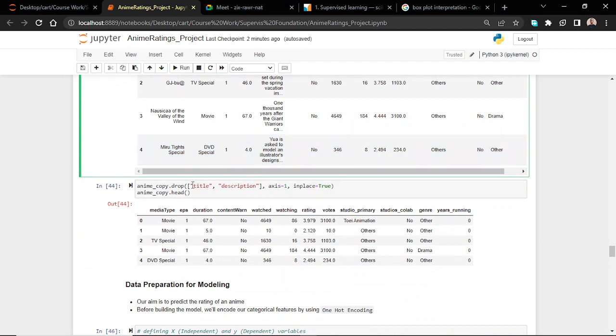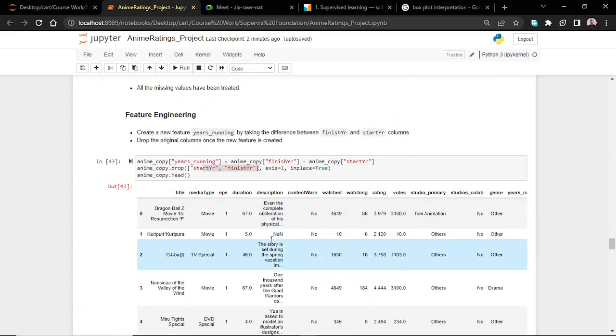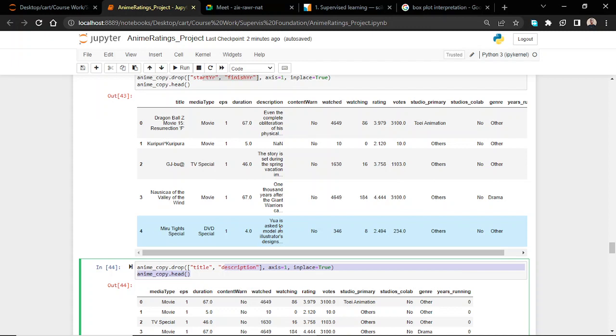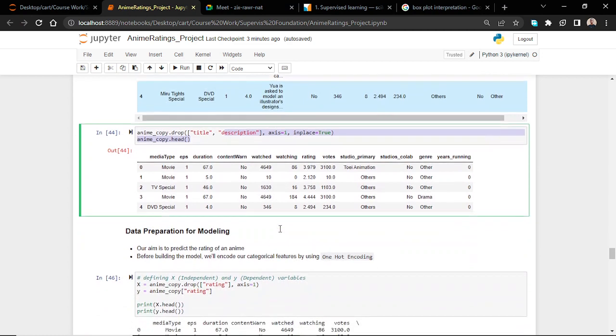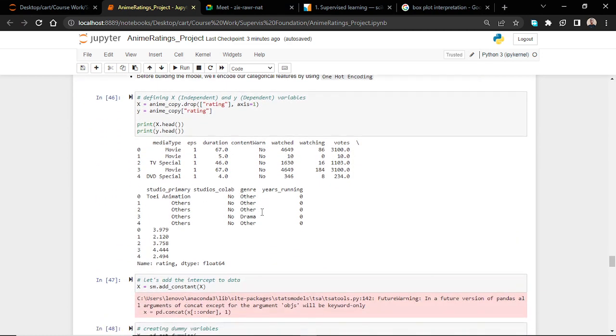The next thing we are dropping is title and description. Why? Because title and description will not actually play any role in the rating in this case. We are assuming that title and description will not play any role in the prediction on our data set. So that's what we are doing. We did this too in the last class. So we are dropping